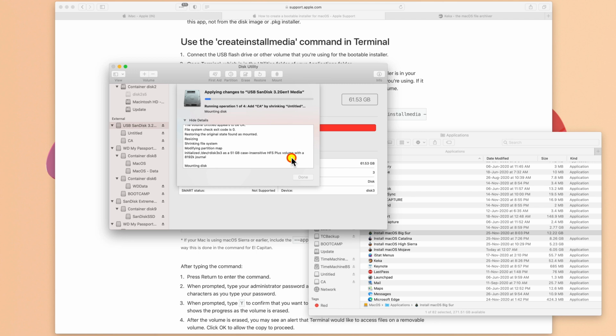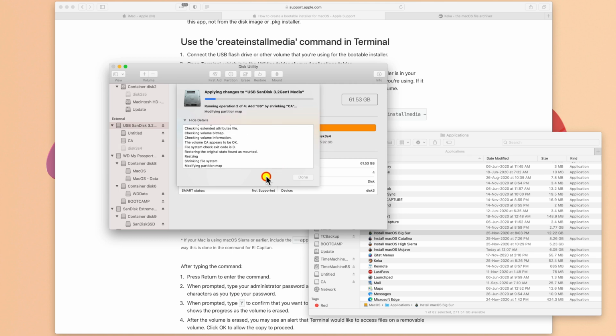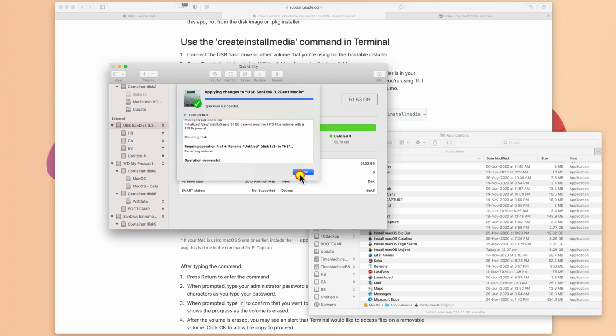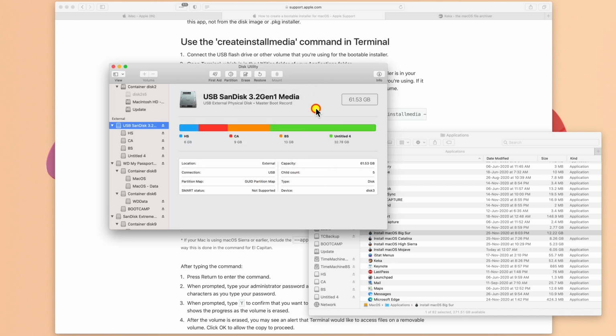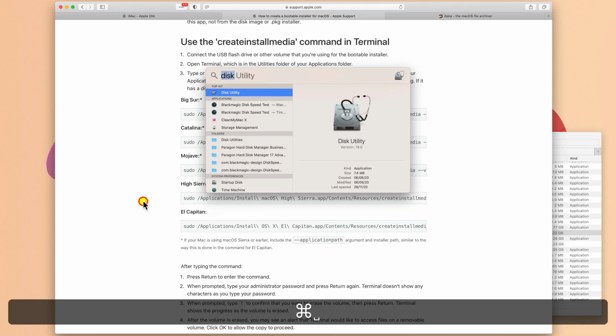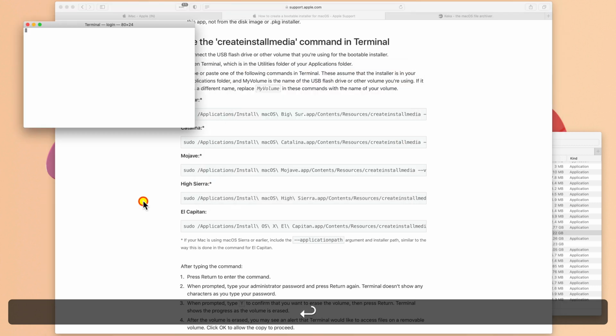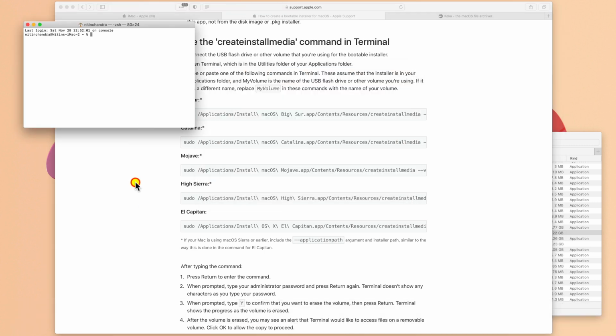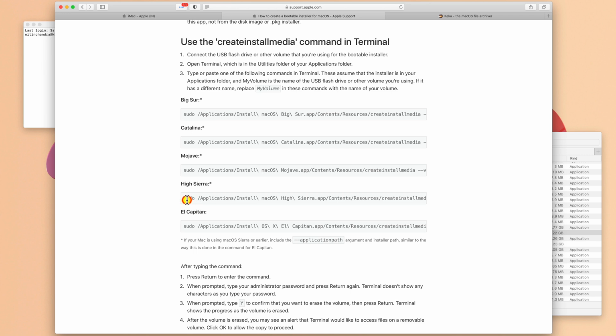Once the partitioning is done, we can simply copy the command line given on the Apple page. Okay, so we just exit out of this. We have all of these, and we have all the partitions ready. So now we just run the terminal, and we can simply copy these one by one.